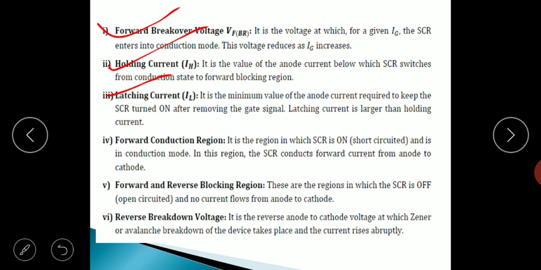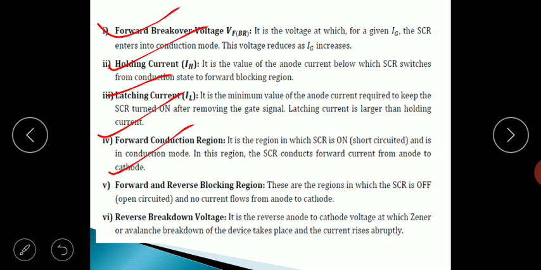The fourth parameter of the SCR is the forward conduction region. As you can see from the characteristics, it is a region in which the SCR is on, that is short circuited and in conduction mode. Similarly, the next parameter is the forward and reverse blocking region. These are the regions in which the SCR is off, that is open circuited, and no current flows from anode to cathode. So the first two parts of the characteristics are the reverse blocking region and the forward blocking region.